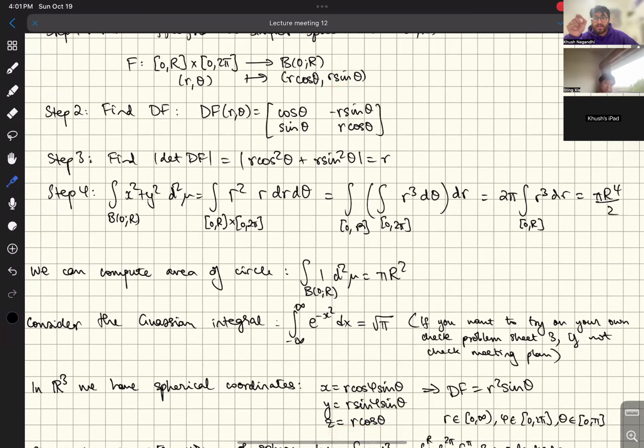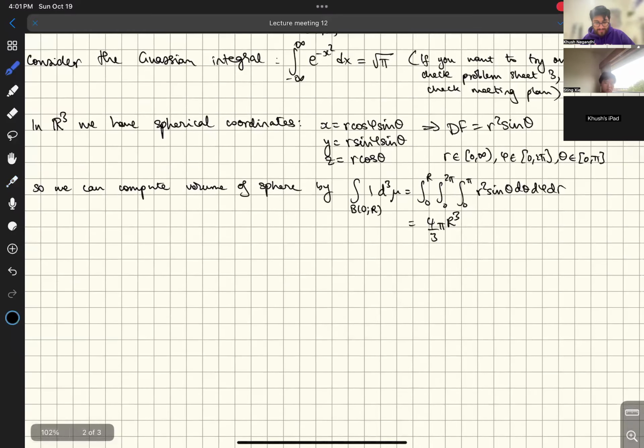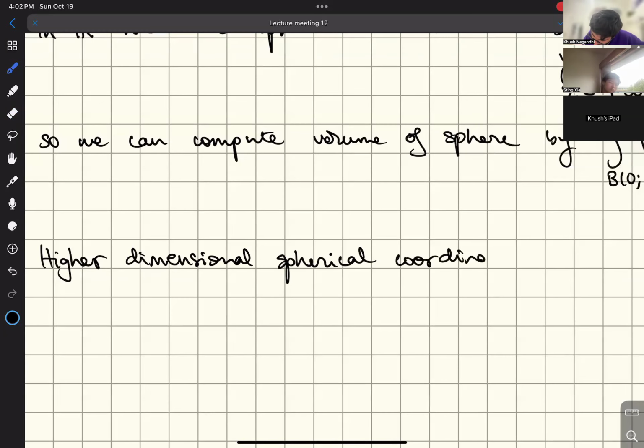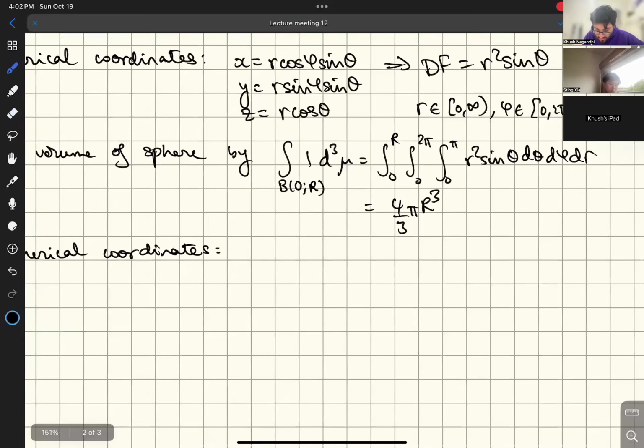Okay. It's just r times either sine or cosine. You can swap these, it doesn't actually matter too much. But you can actually build up the higher dimensional spherical coordinates by starting with, okay, so this is just an aside on higher dimensional spherical coordinates. What you can do is start with, say, n dimensions, then your coordinates